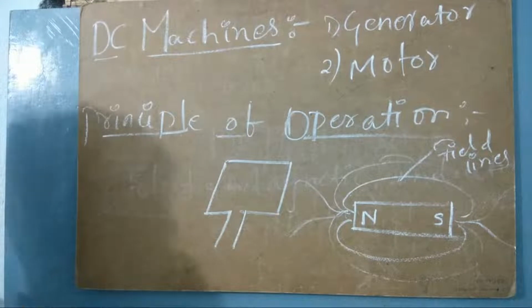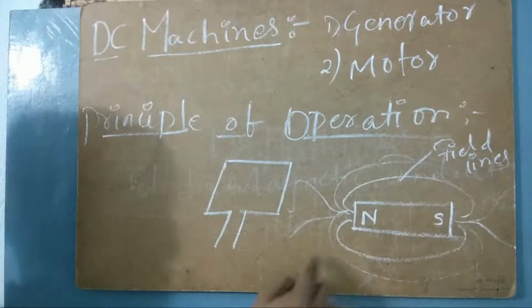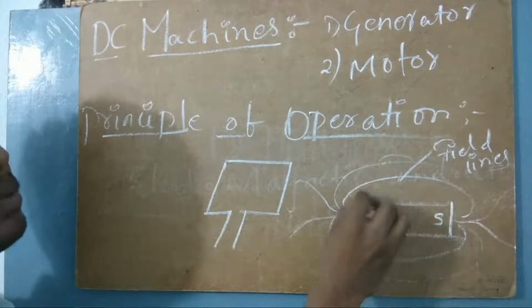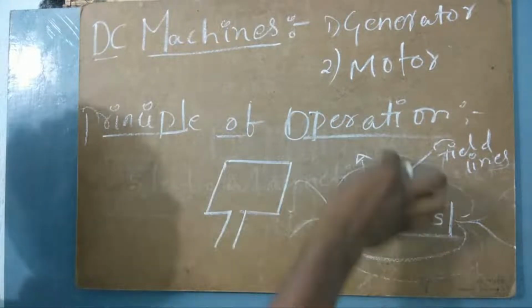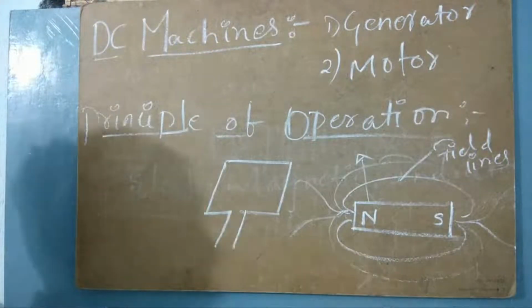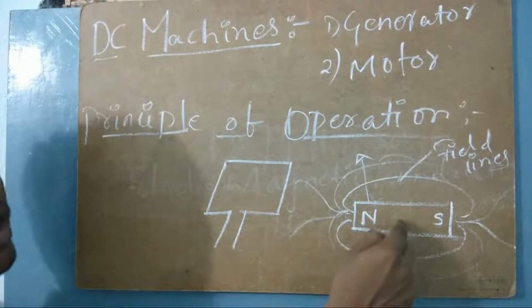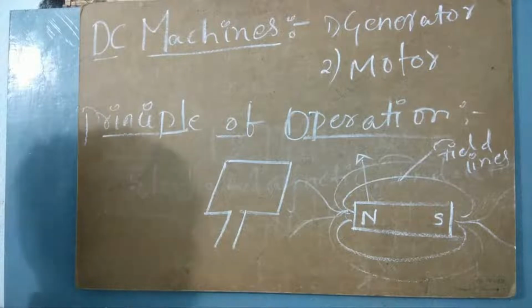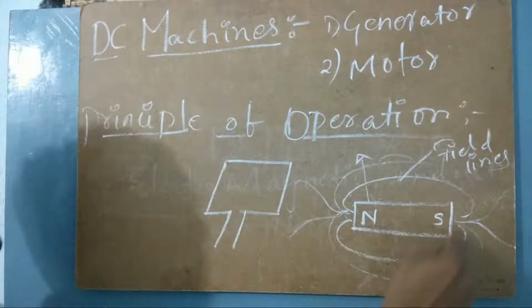So what happens? It is producing its own field. This magnet has its field from here and it extends till here. This magnet is producing some kind of magnetic field around it, so I call this a magnetic field. So it is now being produced with the help of a magnet.